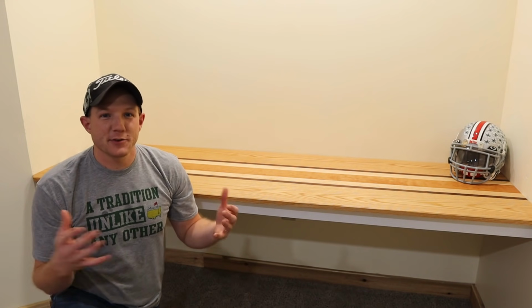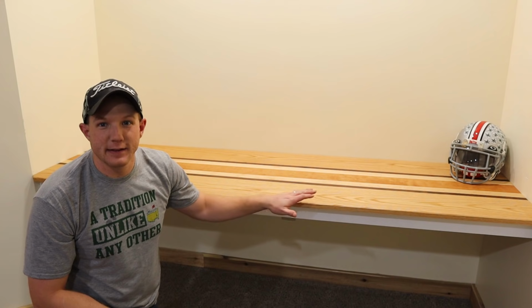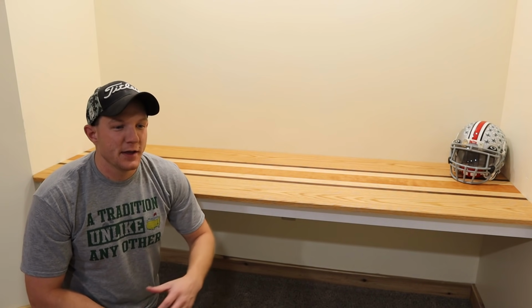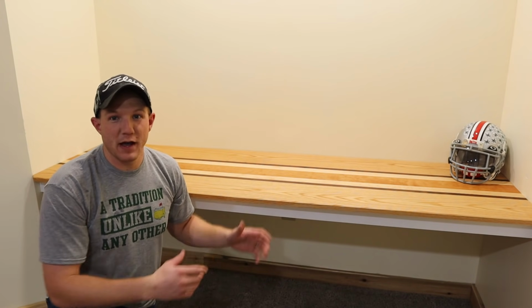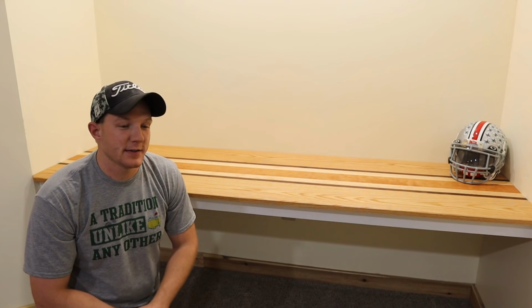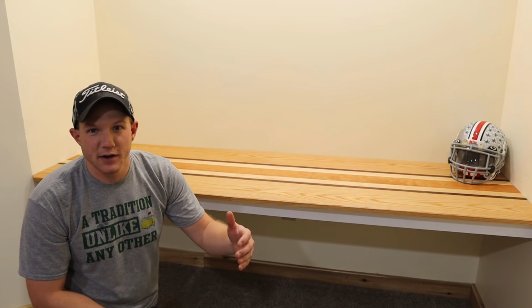All right, at this point, the desk is pretty much finished up and ready to go. I'm pretty happy with the way it is. I like the custom pattern that we went with here, and I think you guys can see where I got my inspiration from. I could simply move all my stuff back over here and start using the desk exactly the way that it is. But we're going to try to take it another step further, in another video,